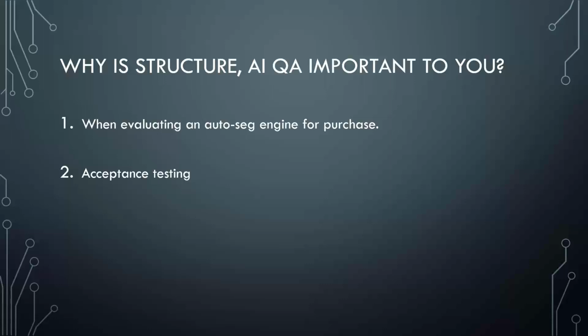As a user, you're going to have to try to make those decisions. It's extremely inefficient to just look at the results and ask, hey, is it a thumbs up or thumbs down? Is it okay? That kind of thing. Just scanning by eye, it's not scientific. It doesn't lend itself to automation. And it's very inefficient and subjective. Structure AI QA provides quantitative analysis that you can rely on.